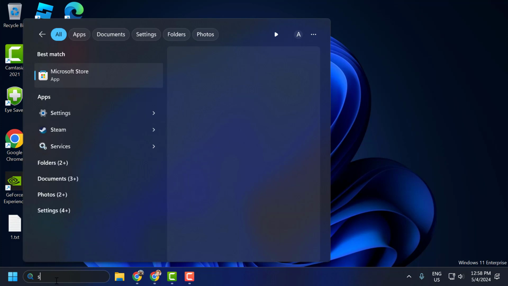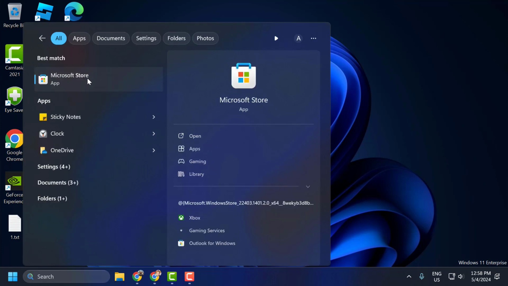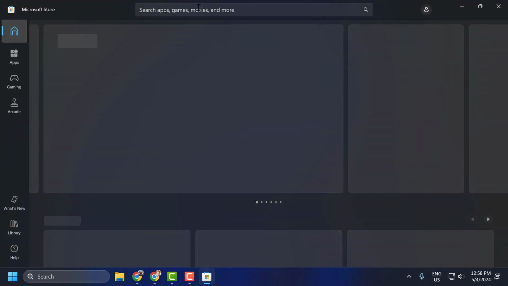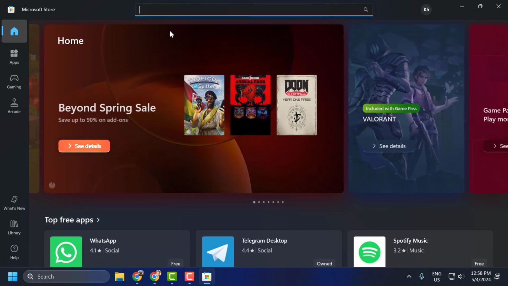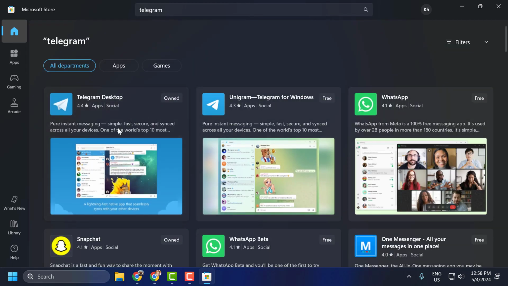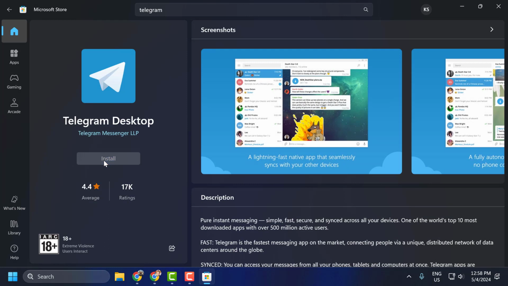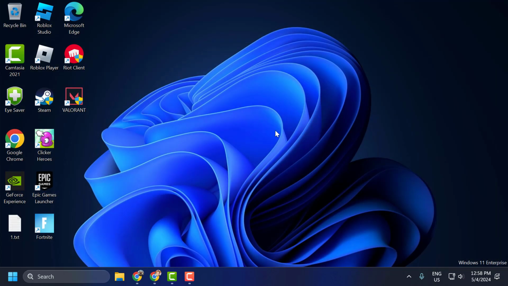Now you just need to type store, click on open the Microsoft Store, search for Telegram, select the Telegram, and you just need to install it guys. After getting installed done, you can check if the problem solved or not. I hope one of these solutions fixed your problem